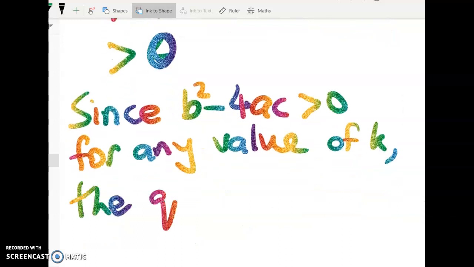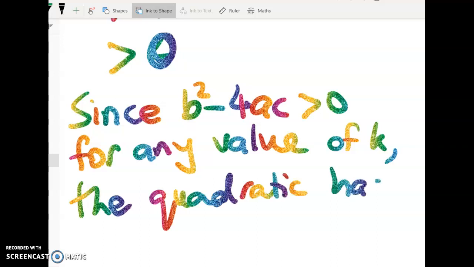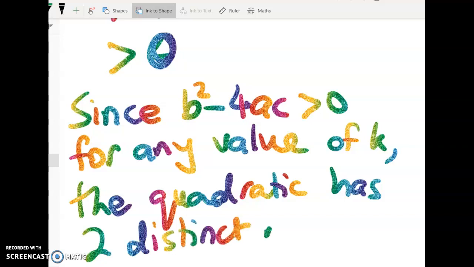the quadratic, or the graph, has two distinct real